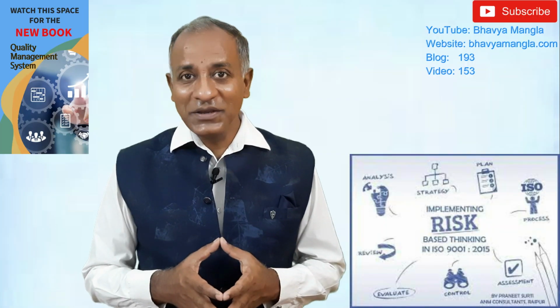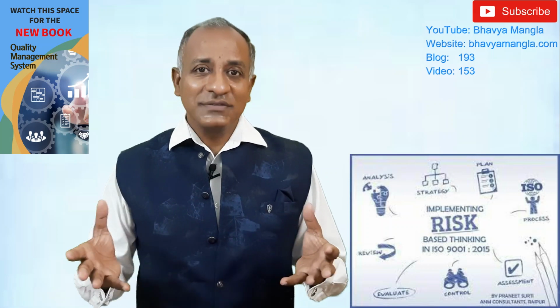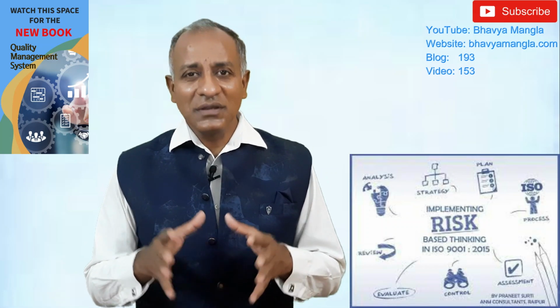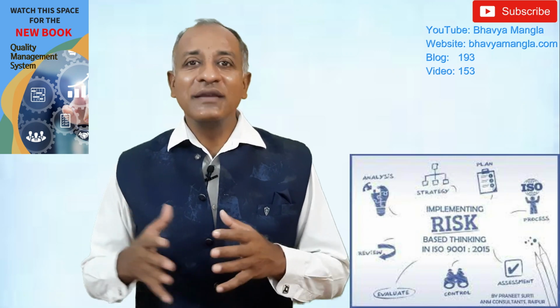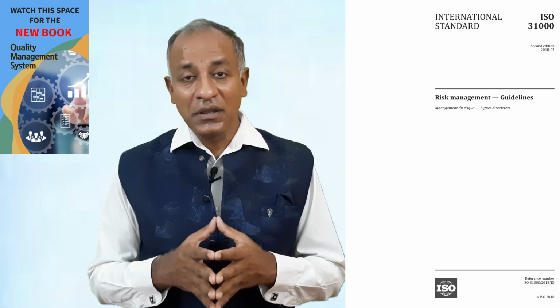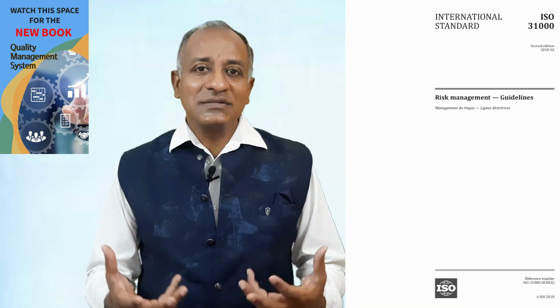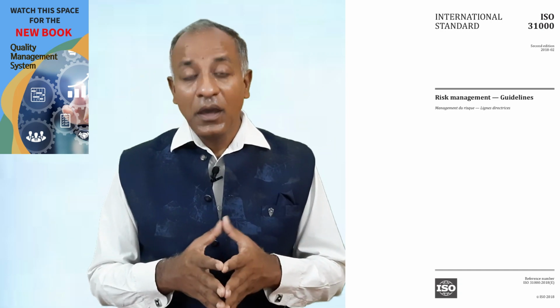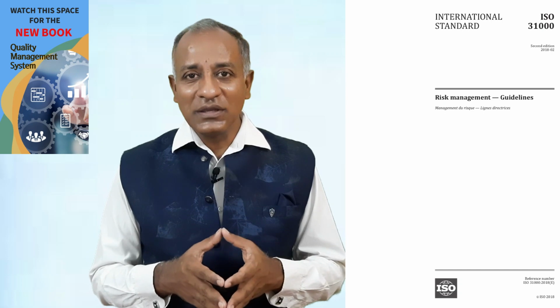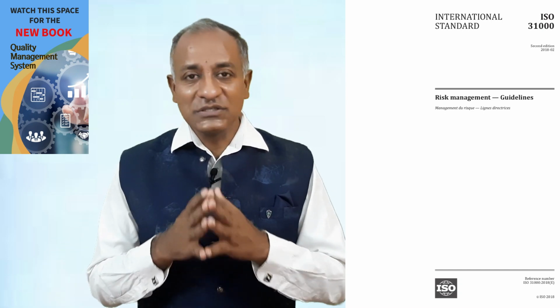Then the third very interesting clause is 6.1, which is talking about risk analysis. Yes, certainly in ISO 9001 there is some information given with respect to that, but actually there is a complete standard, ISO 31000. But here the intent is not to implement 31000, but to understand what is important with respect to the boundaries of 9001. And when you go through ISO TS 9002, you will find a lot more information with respect to